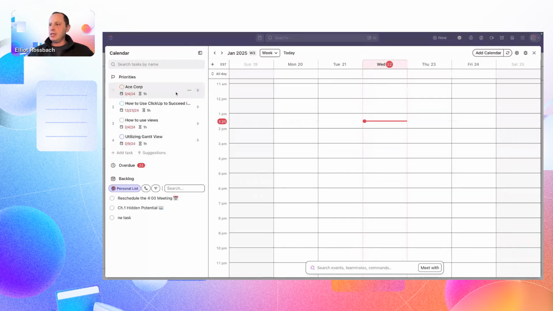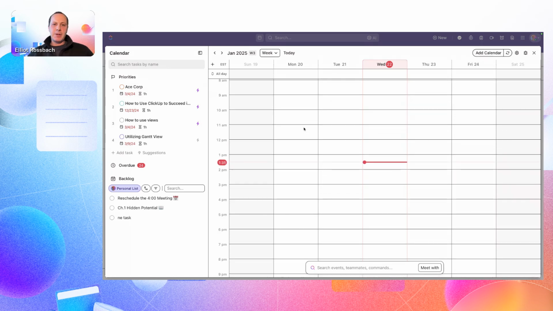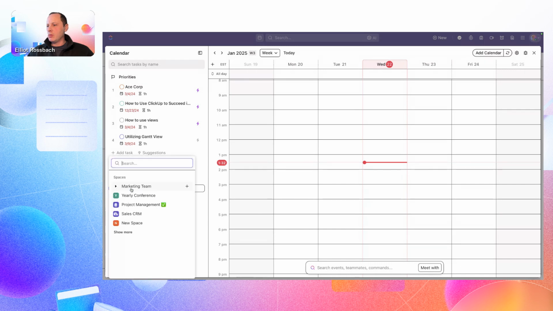that I can go ahead and actually schedule based off of my availability. So I can click on that task and click on the auto schedule button, and based off of the allotted time that I have for that task, it'll find slots in my calendar where it can find spaces for me to actually schedule the work that I'm going to do on those tasks. Now, along with that, you also have the ability to pull work in from your backlog here,